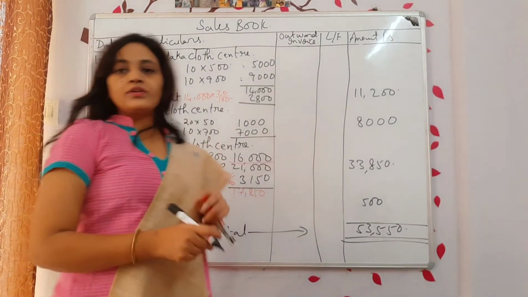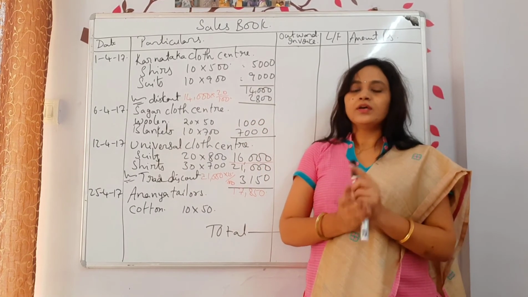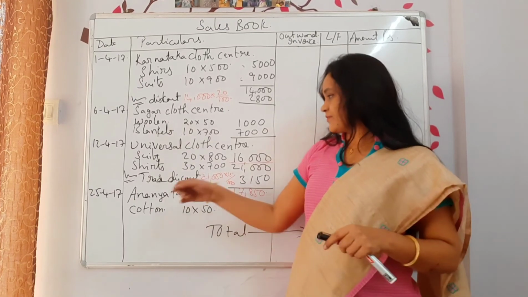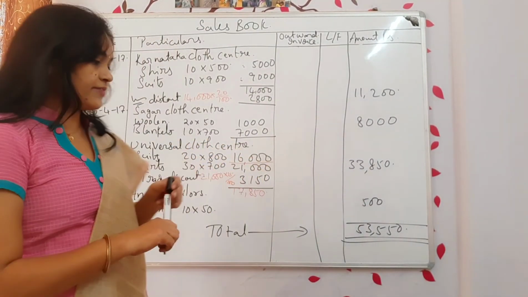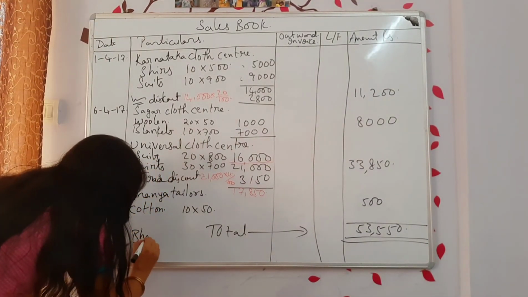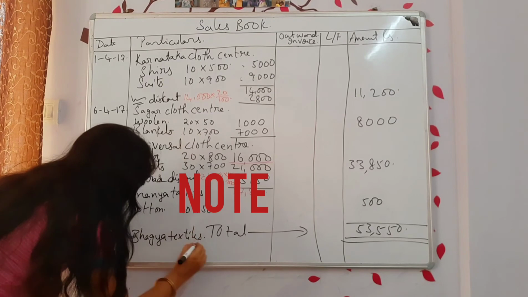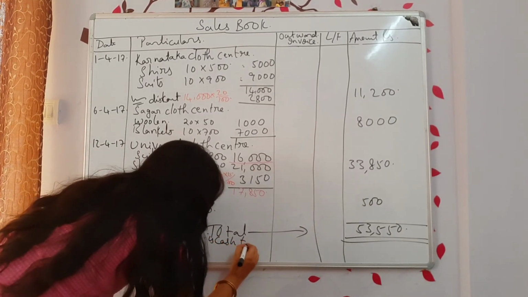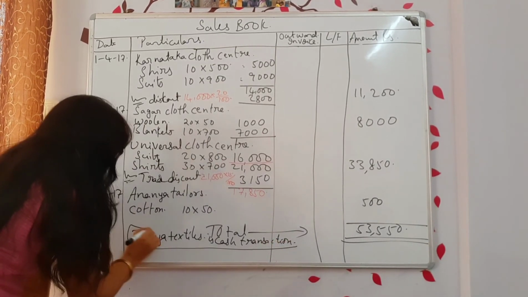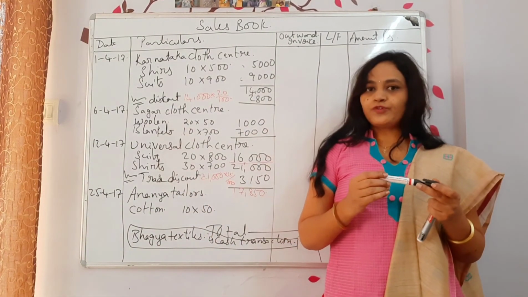In first PUC accounts, I feel subsidiary books are the easiest. Just read the transaction and then enter. In this we have one note. What was the transaction we did not take because it was for cash? 10 blankets to Bhagia Textiles at 300. It is a cash transaction, so you have to mention the note. If you don't mention the note, they will cut off 1 mark. Got it? Hope all of you understood.